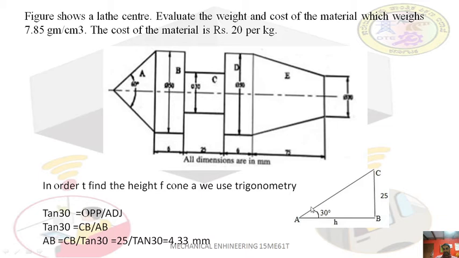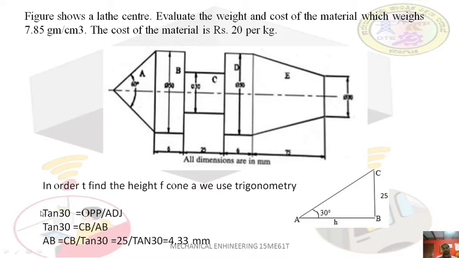Now this angle is mentioned here, so it is the adjacent side. The adjacent side's length is required. If you use sin theta, what will happen? Sin theta is given by opposite by hypotenuse. Opposite we have here, but we get nothing about the adjacent side, so we cannot use sin theta. Cos theta is given by adjacent by hypotenuse. Adjacent we know here, but we don't know the length of the hypotenuse, so we cannot use cos theta also.